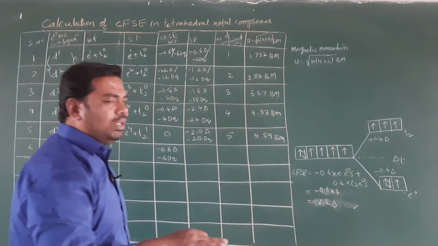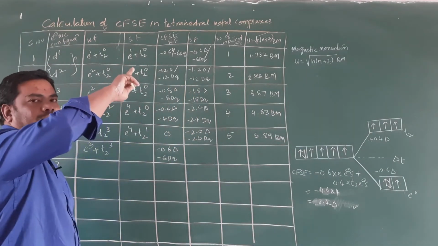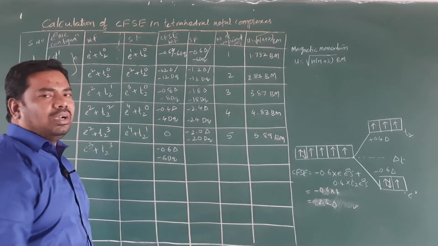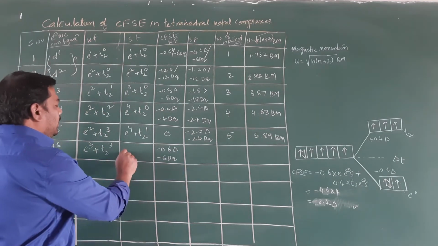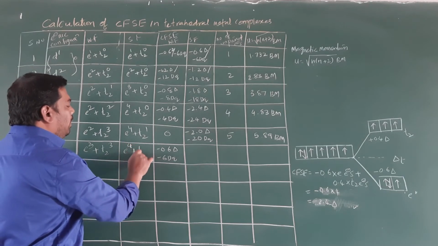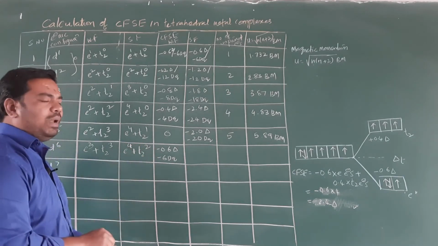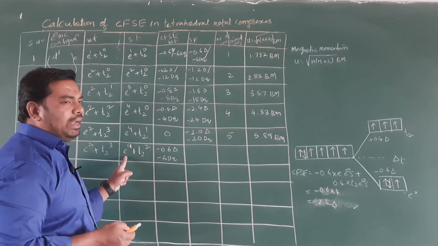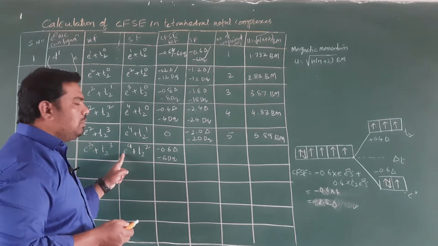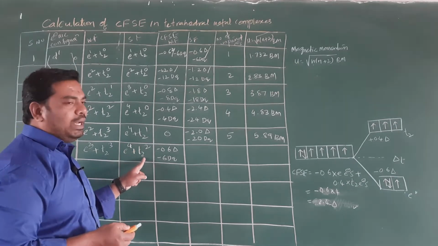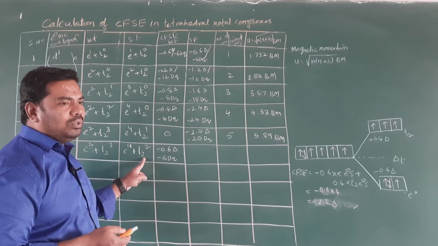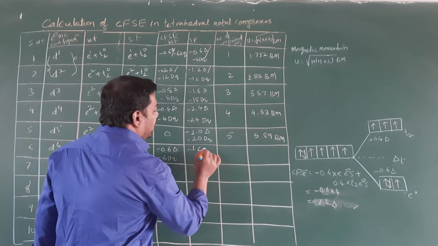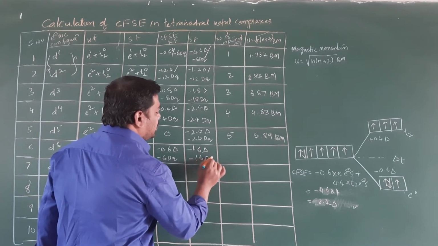If it is a strong field metal complex, the E4 is completely filled, then the next electron, the fifth electron, takes place into the T2 level, and the next electron also takes place into the T2 level. So here the configuration is E4 plus T2^2. E4 plus T2^2 means minus 0.6 into 4, that is minus 2.4, plus 0.4 into 2, that is 0.8. So the value is equal to minus 1.6 Δ or minus 16 Dq.